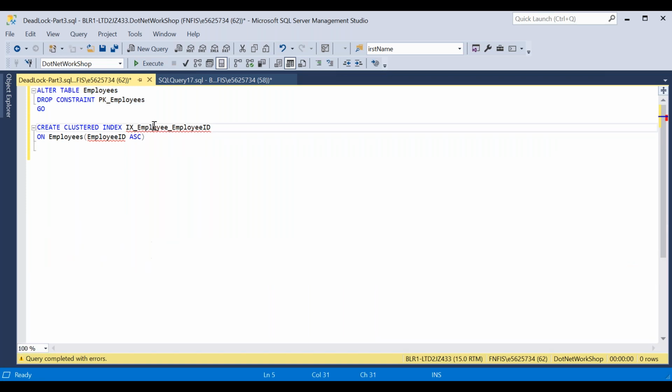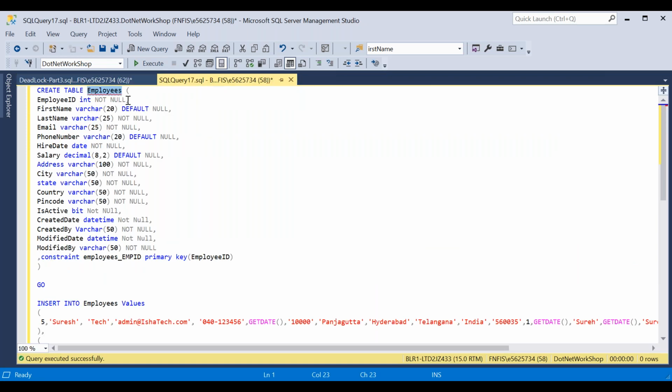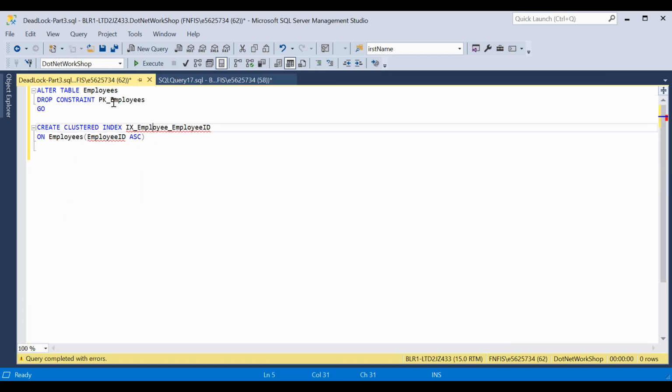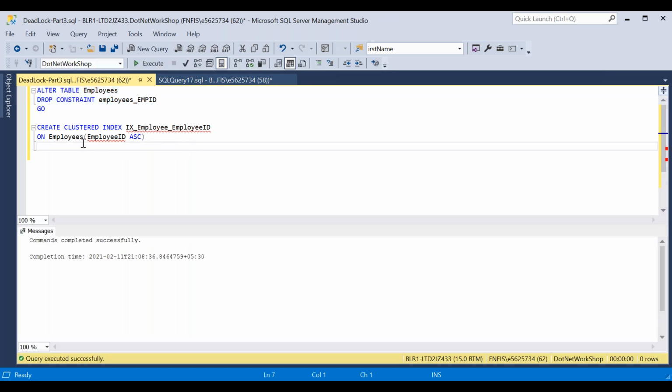What is the constraint name? Let me check this. The constraint name is employee ID. Go ahead and delete. Now you can create the clustered index on any particular column.